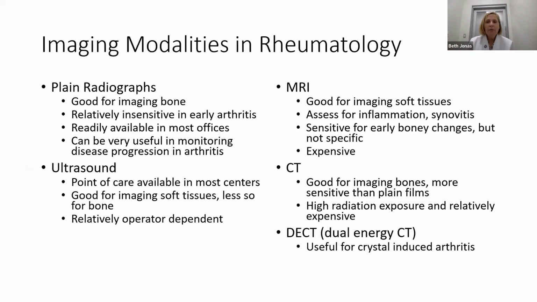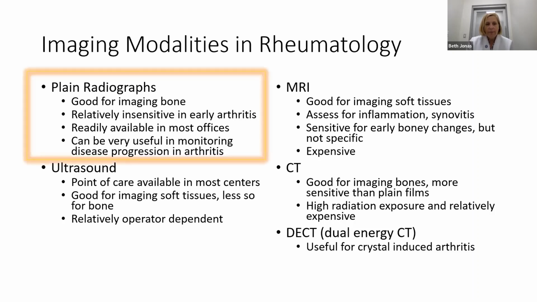So there are a lot of imaging modalities that you're going to learn about in your fellowship, no doubt about that. We're going to focus primarily today on plain radiographs. But let's talk about some of the other ones before we jump into that. All of you probably in your programs are going to learn about musculoskeletal ultrasound. This is available at the point of care in most academic and other centers, really at the bedside in the rheumatology clinic. It is really good for imaging soft tissues, less so for bones, but you can see erosions and other bony features, but it's very operator dependent, and you're going to learn that when you get going with ultrasound